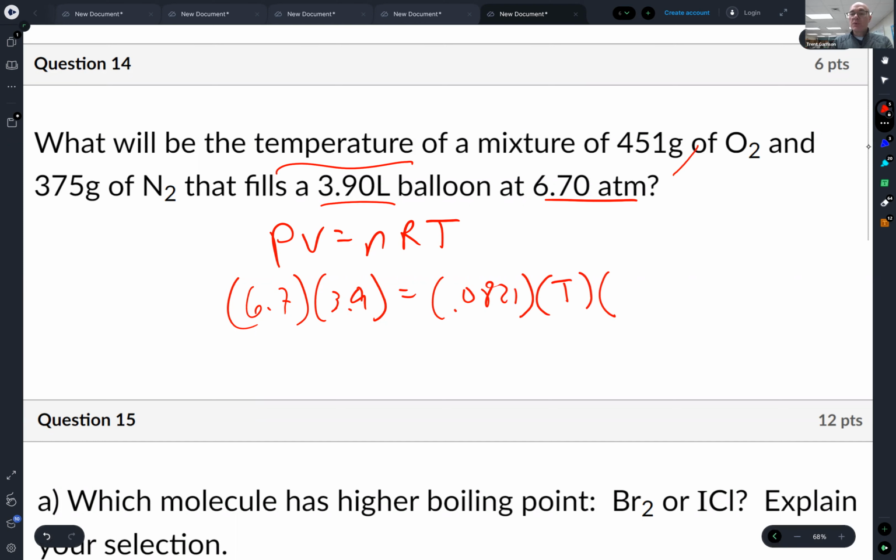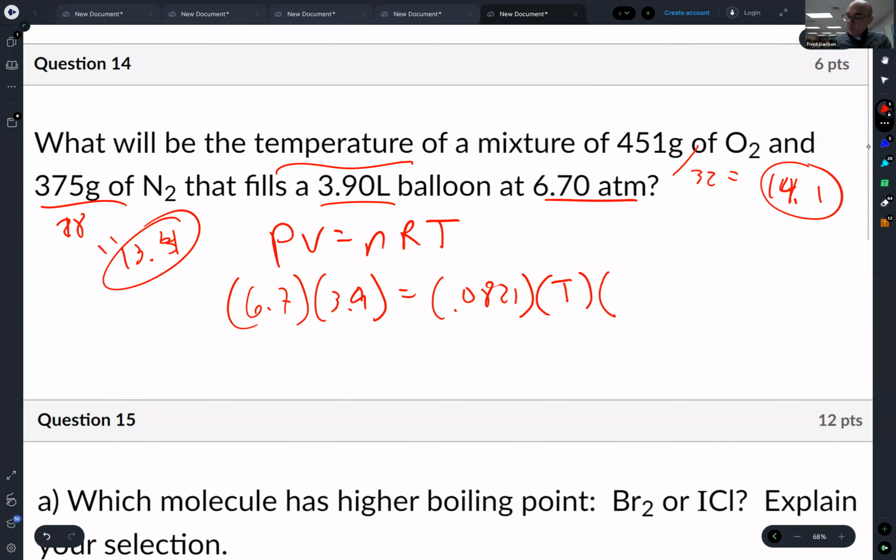So I'm going to take 451 and divide it by the weight of oxygen. 451 divided by 32 gives me 14.1 moles. And then over here, I'm going to divide by the weight of nitrogen. 375 divided by 28 gives me 13.4. So I add those two values together. So 14.1 plus 13.4 gives me